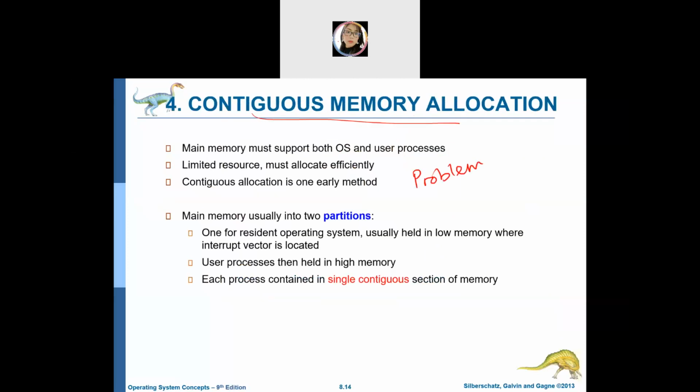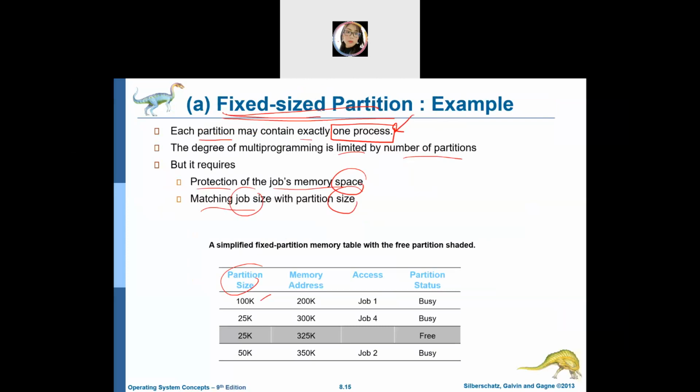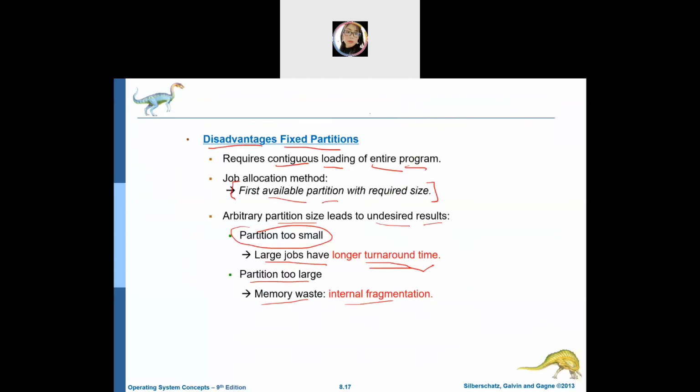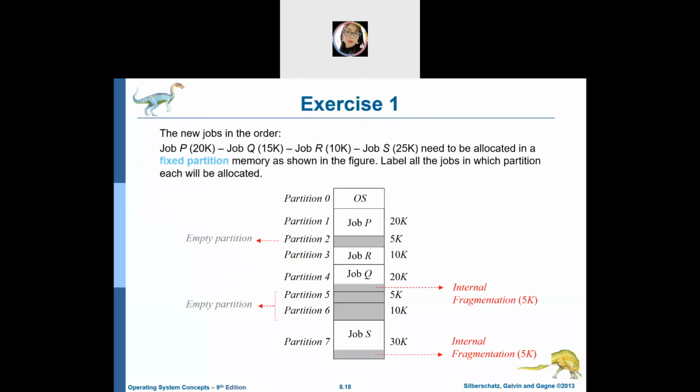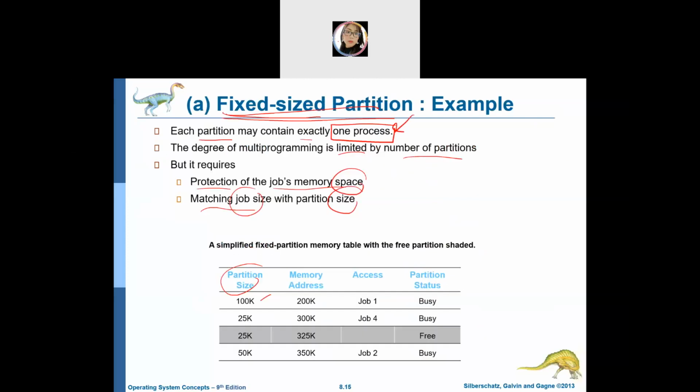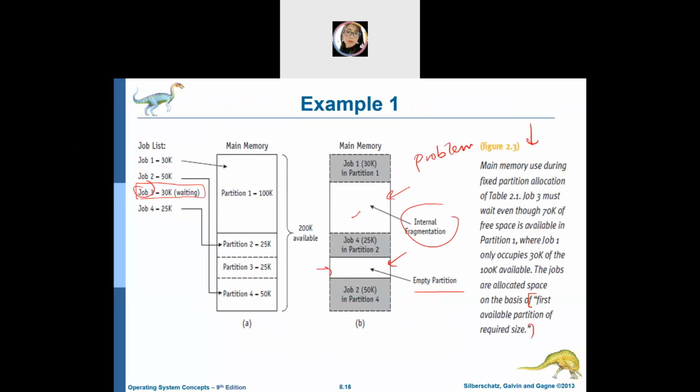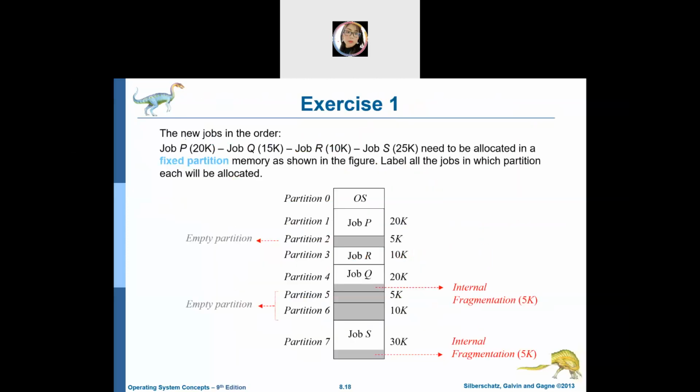That's why you need to know how to manage. If your computer, your laptop, is using this contiguous memory allocation type and a fixed size partition, you are having a problem. That's why later on you need to come out and solve the problem. But before that, we look into an example of a fixed size partition. Let's say here, you were given new jobs in order